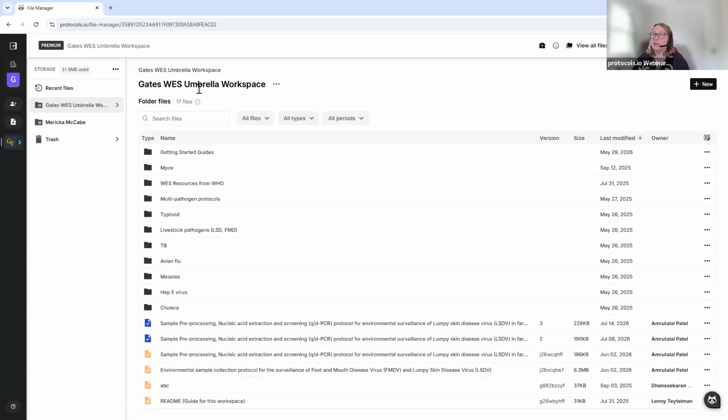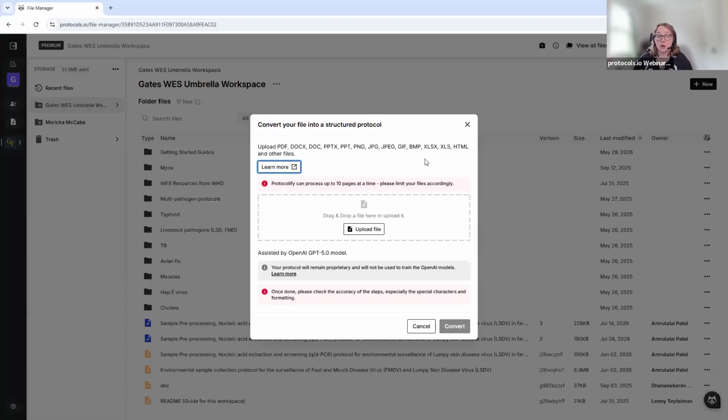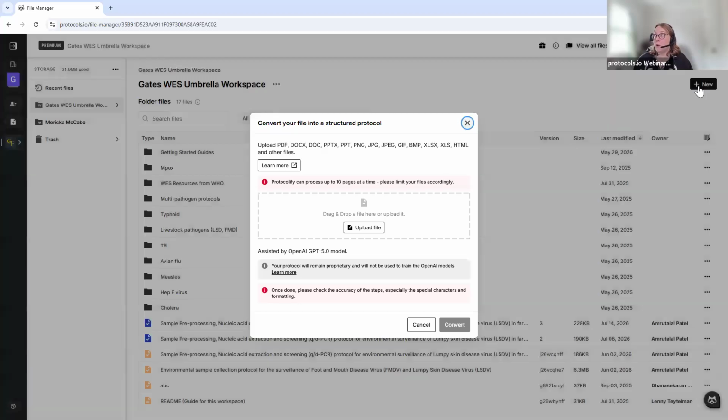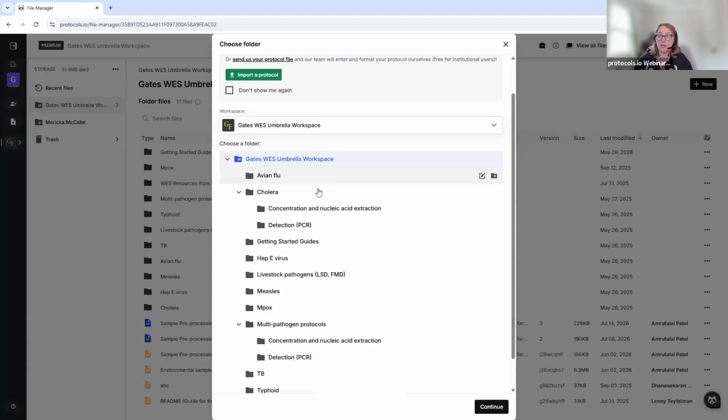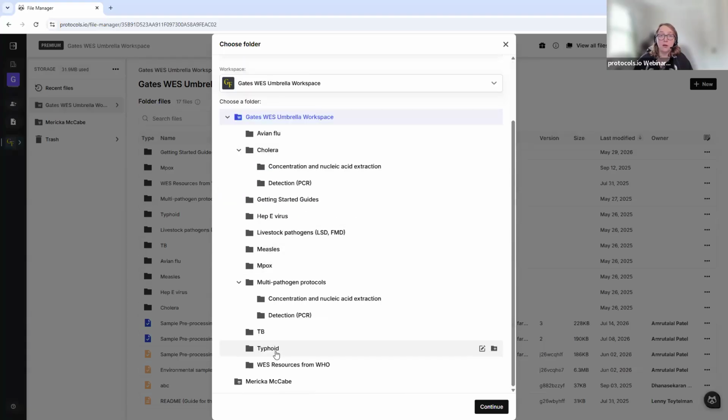So in the Gates umbrella workspace, when you want to create a protocol, you can click New. And then from here, you can click Protocol to create a protocol, or import a protocol, which utilizes our AI import service that I walked through. When you select a new protocol or the import, you'll be asked which workspace and which folder. So just make sure you're in that Gates umbrella workspace and then select the appropriate folder for the protocol that